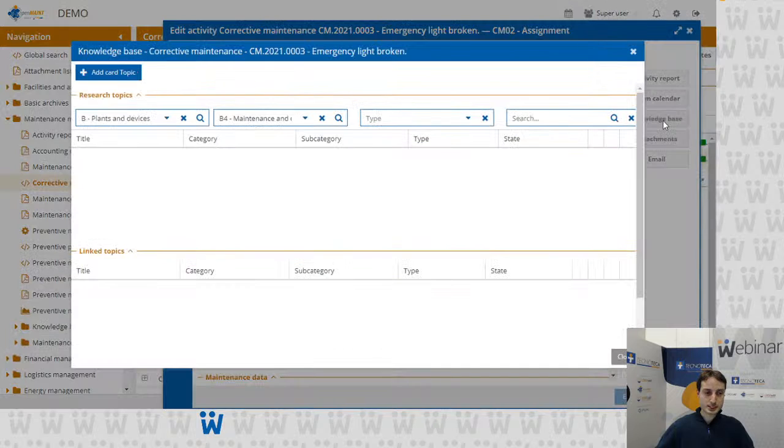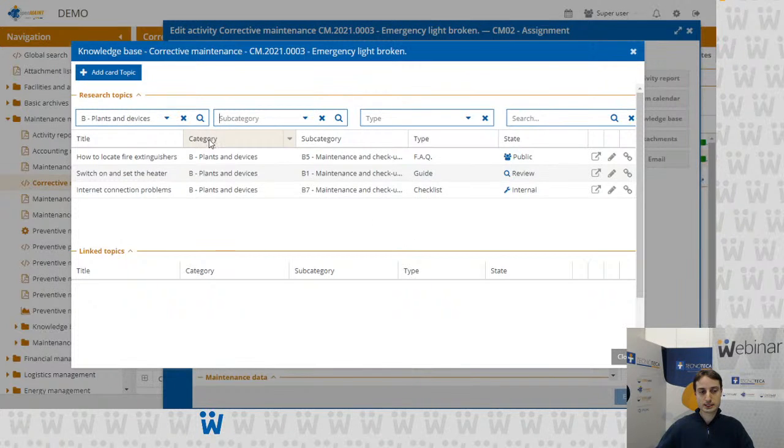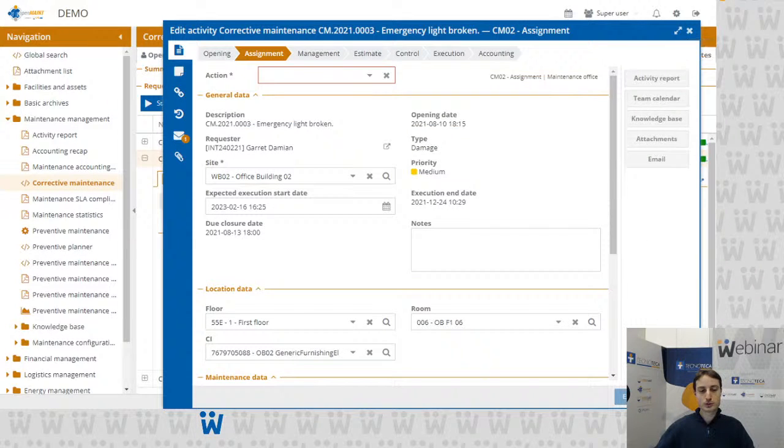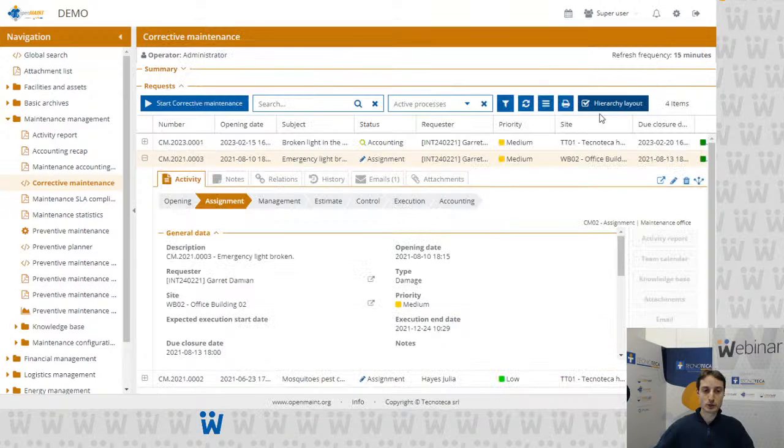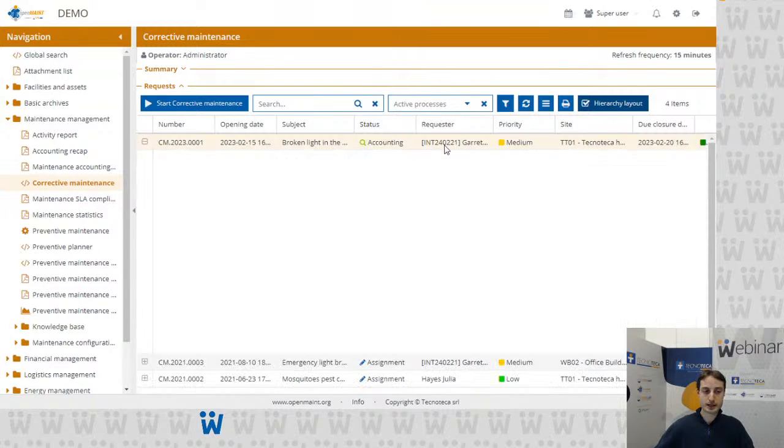And so if I press here, you can see there are some suggestions, automatically filtered concerning the type, the category and subcategory of the process. But if I remove the filters, you can see that I can show many other different topics. So the user can be guided to the most suitable knowledge base that can maybe help identify